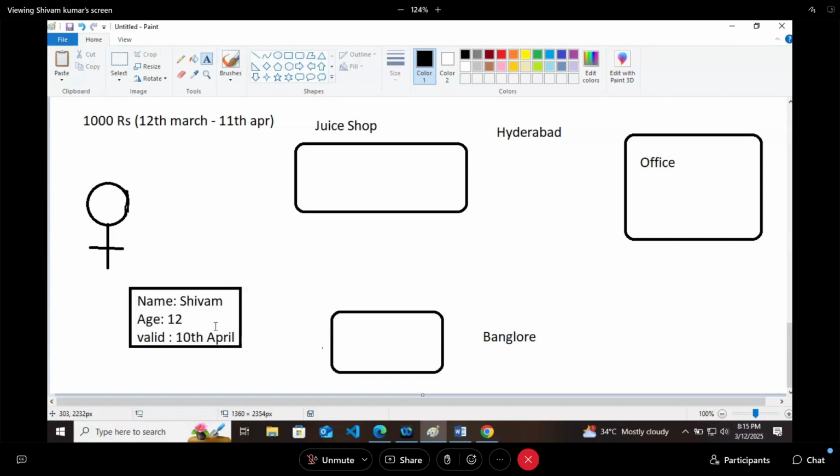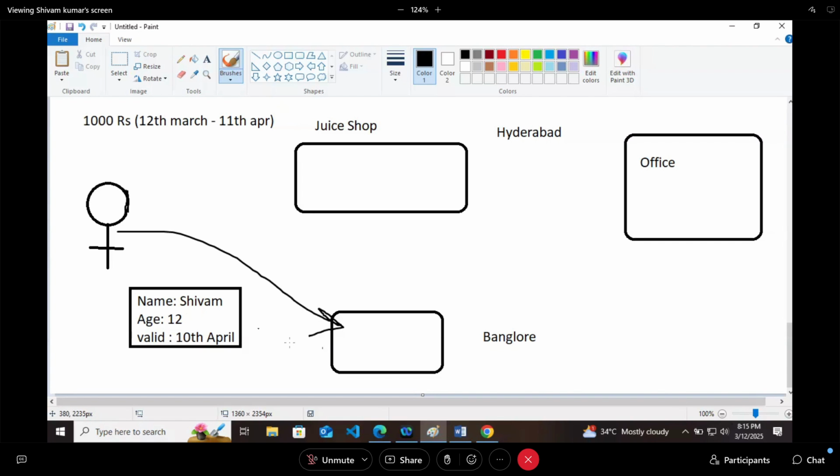Again, that idea worked. Again, I went to Bangalore and I had the same juice. I showed this card, they checked the validity and they gave it. When I was there, one person noticed me showing a card kind of thing and they are giving me free juice. So he quickly clicked a picture of it, and hackers are everywhere. He printed a card like this.